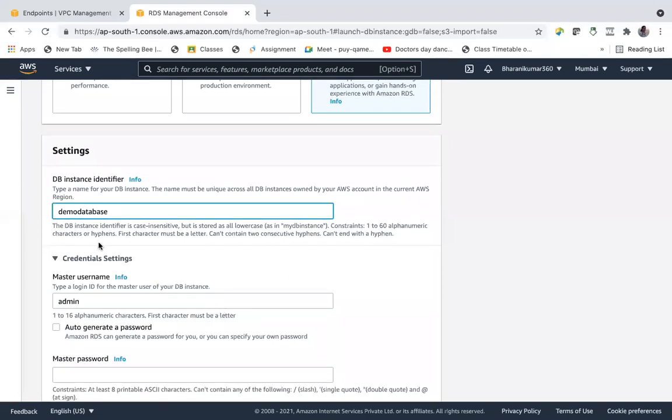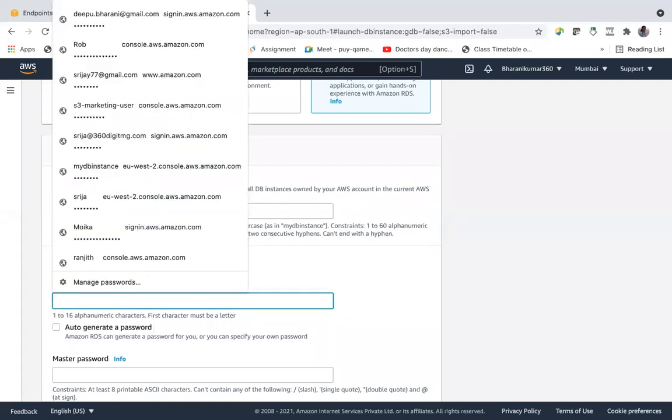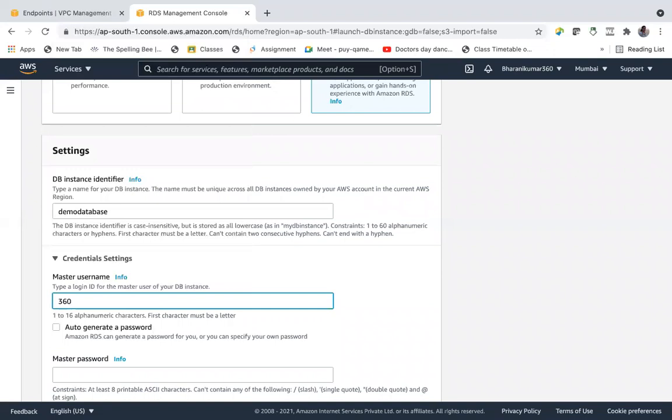Yes. Okay, we have named it. The DB identifier means the name of your database, and the master username can be any name, like 360 admin.